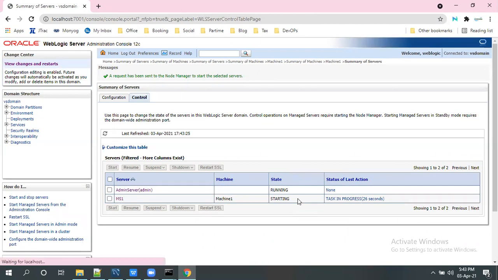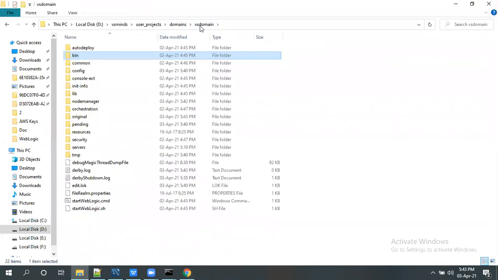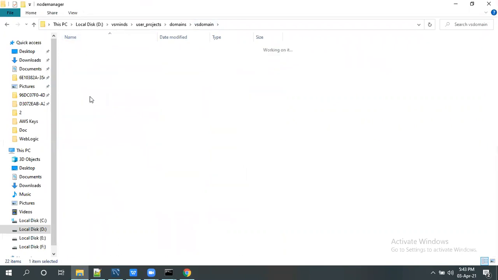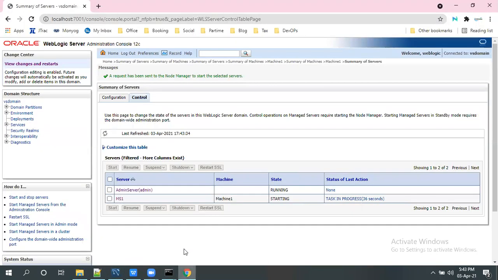This is from the WebLogic console end. And coming to the directory side, you should go to the domain home, then node manager, and the nodemanager.properties file. You can edit this property file and set the SSL listener property to false. That's it. So this is how you need to create it.